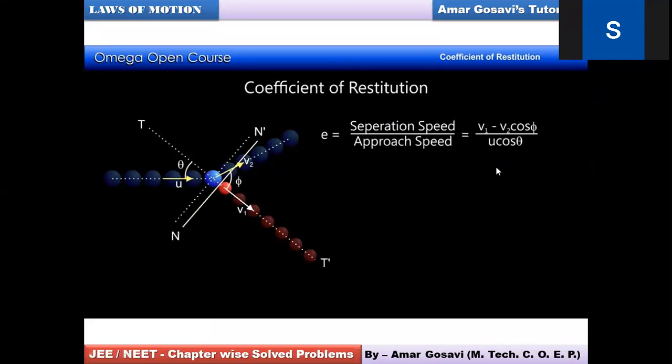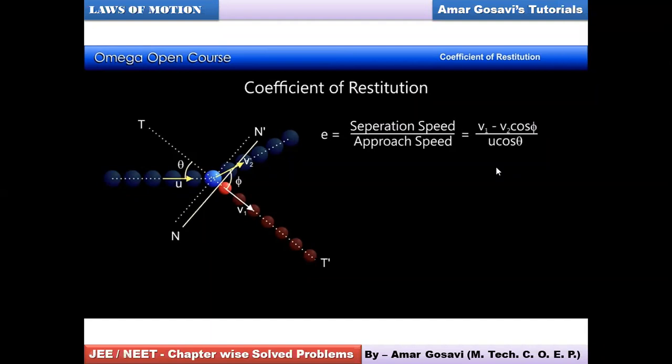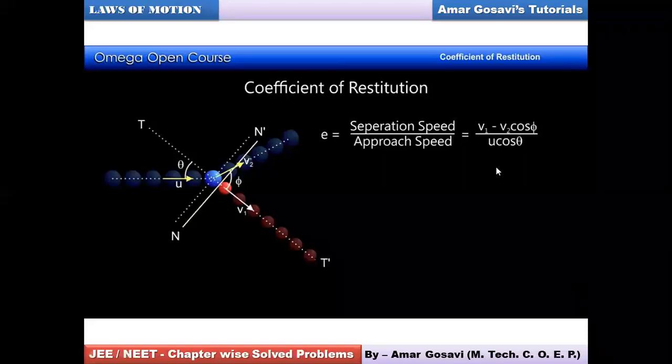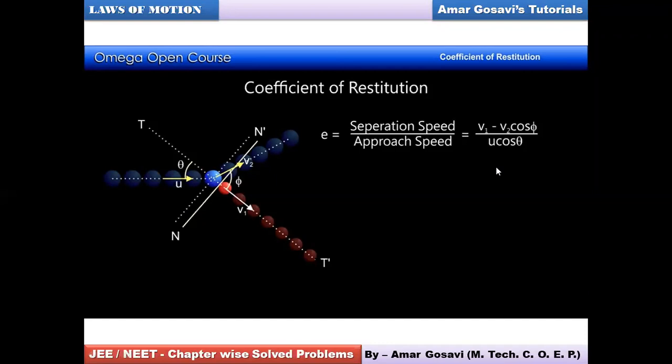Sir, in which example will this situation take place? This is a general situation I have told you. It may come in your exams or it may not. But normally, not all collisions are along a single line, right? At times it can be in an inclined manner like this also. So this keeps on happening. In a carom board situation also, you might have seen this happening. So we are just trying to analyze the situation.